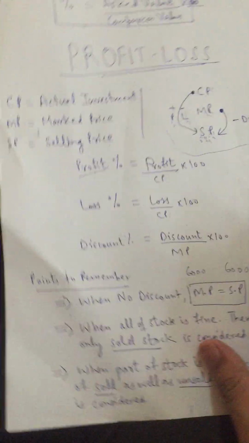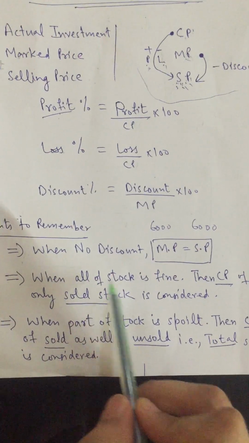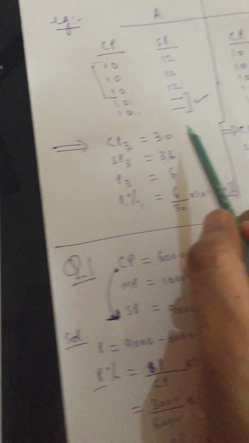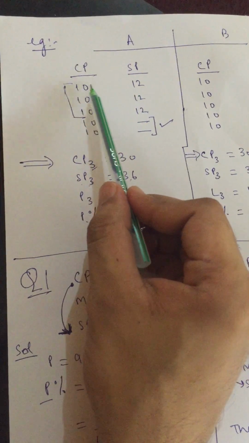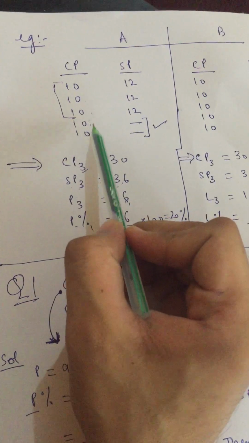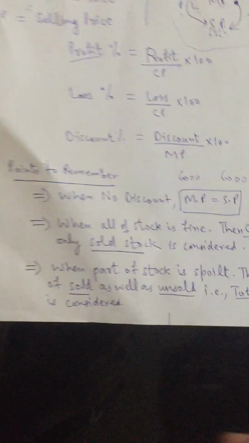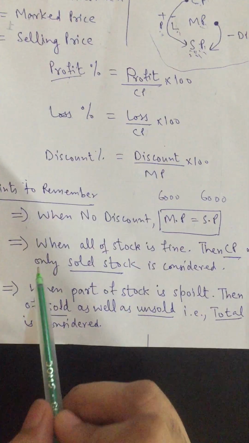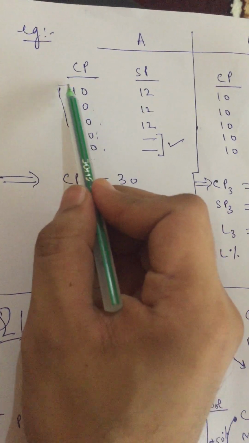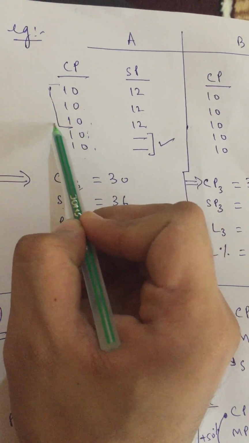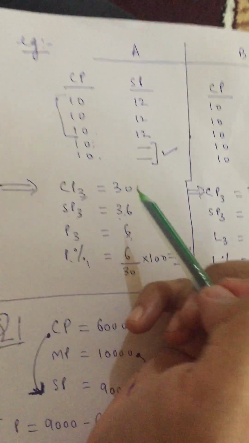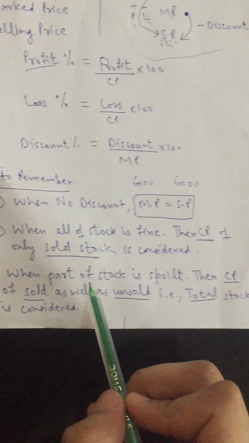So when all of the stock is fine, in this case the total stock was fine, 3 pens were sold at 12 and 2 pens were fine but not sold. So when all of the stock is fine, then CP of only the sold stock is considered. Only sold stock. So this stock was sold, CP of only 3 pens was considered. Next point, when part of the stock is spoilt,